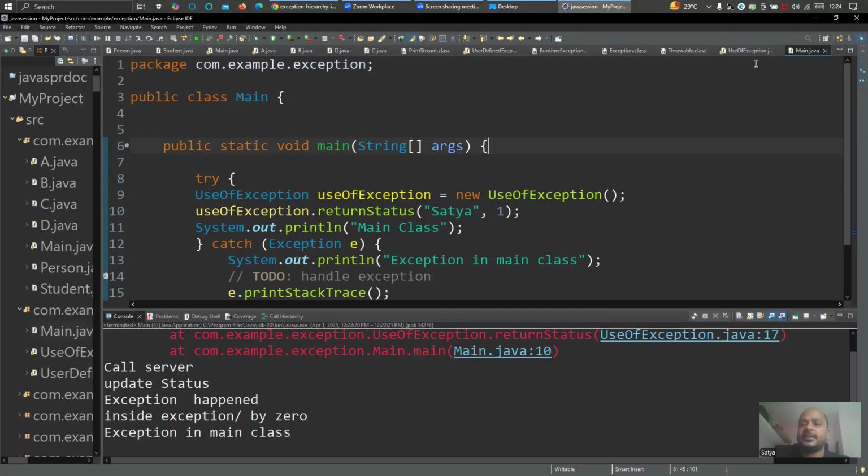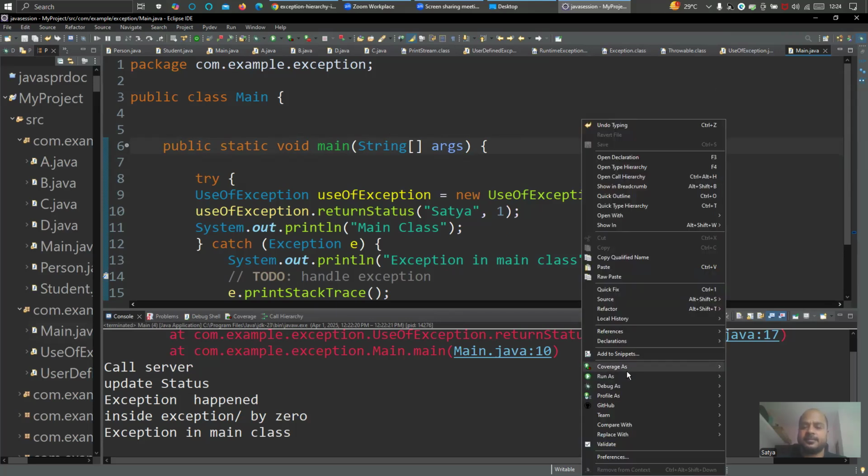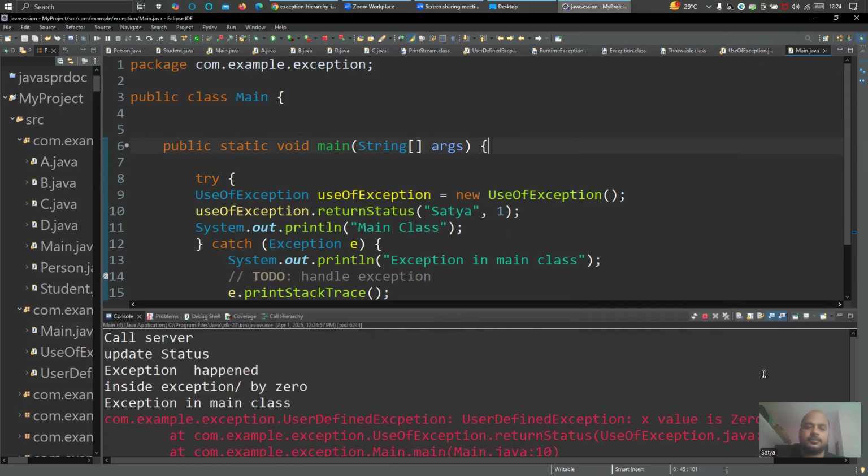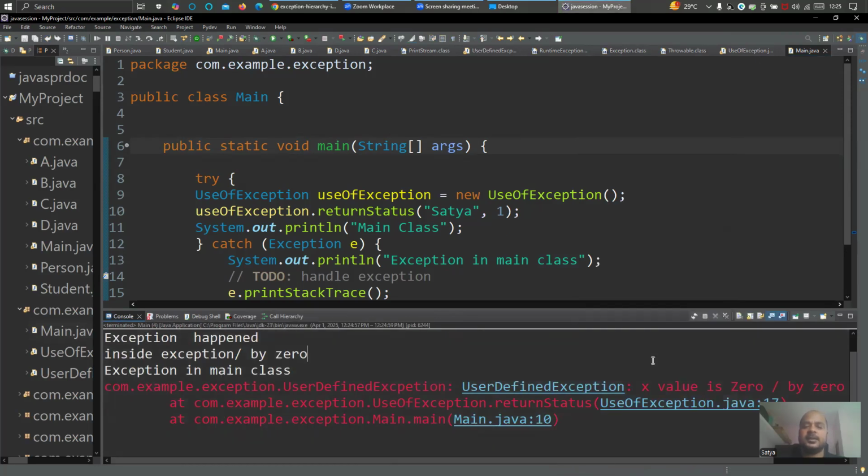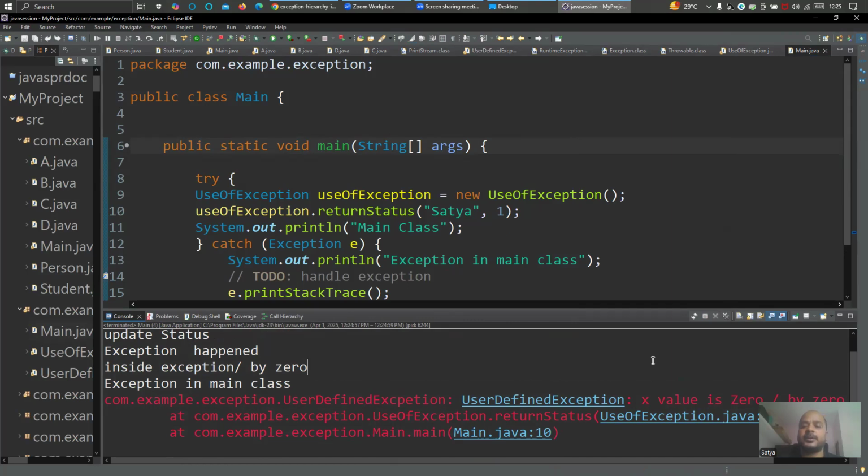So let me run it. Okay. User defined exception, x value is 0 and x is, see,